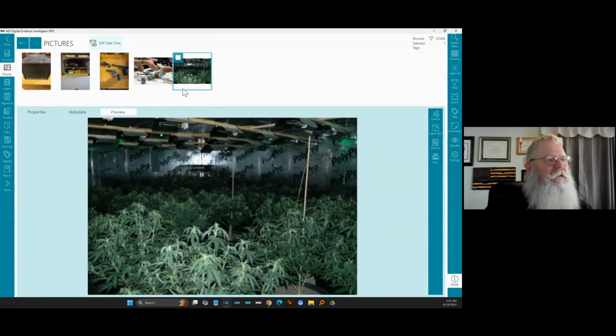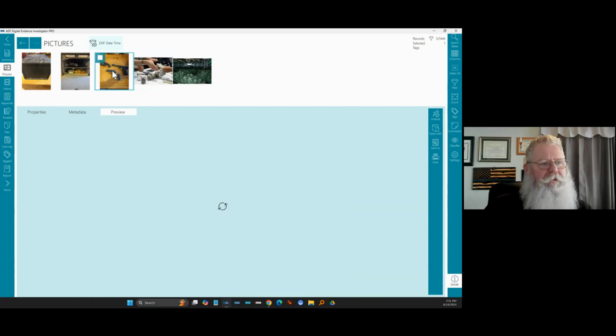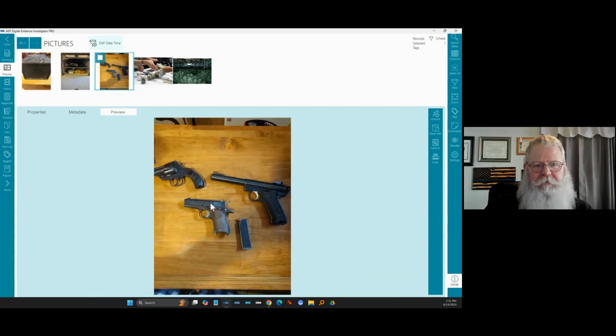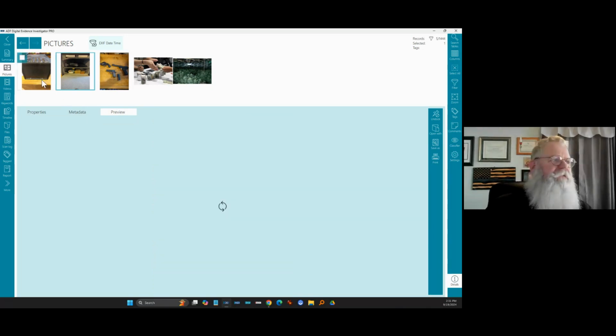My tomato garden, the money I get for my tomatoes, the devices to keep my tomatoes safe, a device to keep my devices safe, right? So